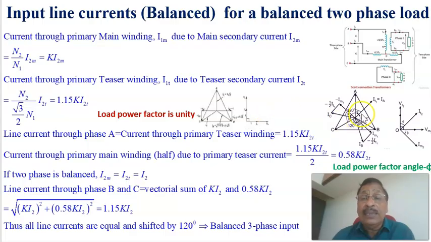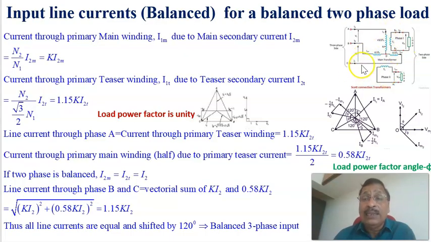The same can be extended if the load has a power factor, say 0.8, with some phase angle, say 5 degrees here. We can see that when this is I2, this current is lagging the voltage by 5 degrees. Similarly, the current through the main is lagging the voltage by 5 degrees. In that case also, the same approach can be followed, and we can see the current through